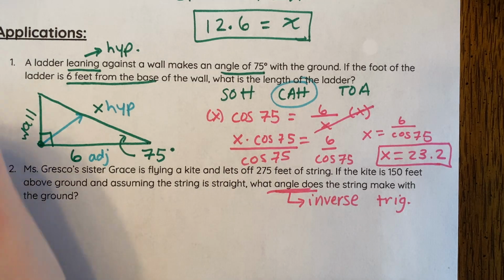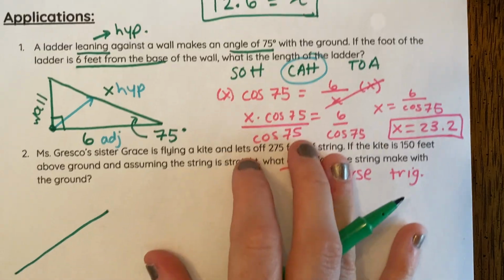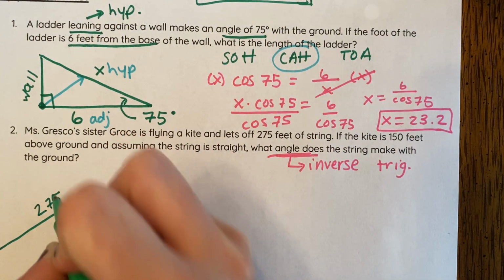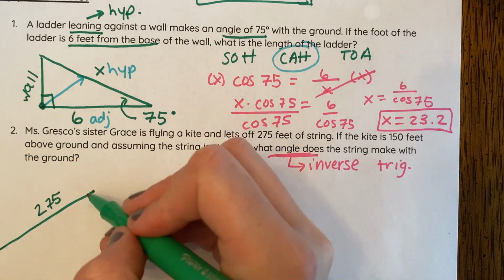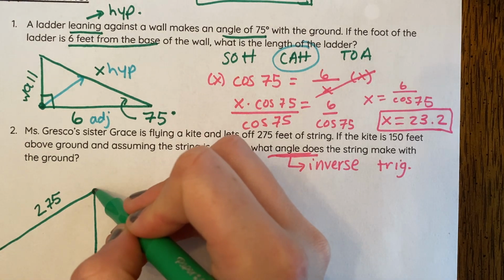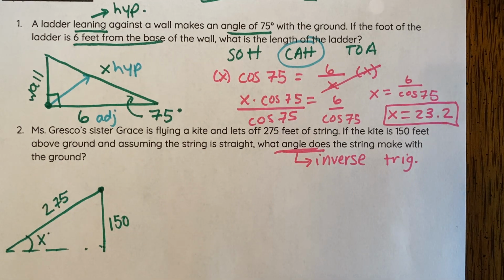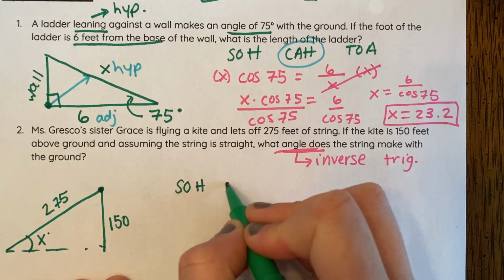Okay, so if my sister is flying a kite, when you fly a kite, it's at an angle. So this whole piece is 275. The kite is 150 feet above the ground. So if this is the kite up top, it's 150 feet above the ground. We don't know what this is, but we are looking for this. We're looking for this x degree. We're looking for that piece there. So we are going to use inverse sine,